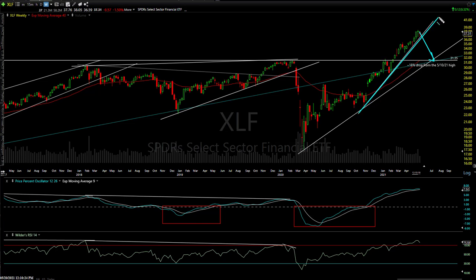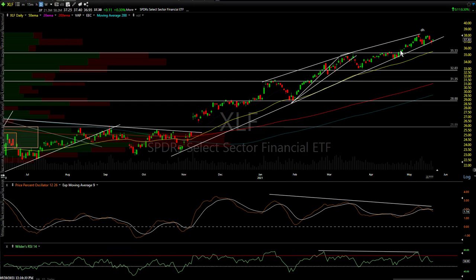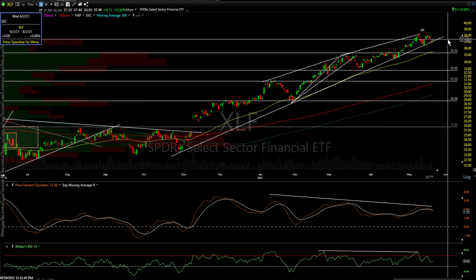That's where I wanted to roll into the financials and industrials. They need to break trend and or any of these minor support levels below. This is XLF, the financials ETF. Beautiful uptrend line, nice and clean, a lot of reactions on it. It put in a divergent high recently, and we're right on the edge. Again, based on everything I see in the charts, it appears that a breakdown is imminent. The first target, more so of support, is 35.33 from where we're at today.